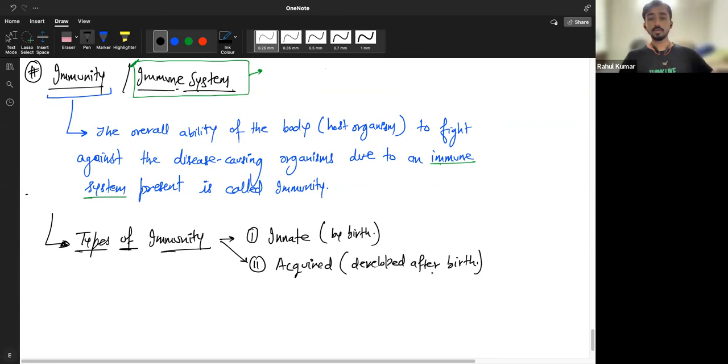So there could be two reasons behind it. One, the virus that they were infected with was a milder strain. Second, their immune response was good. So there are different degrees of immune response which happens,